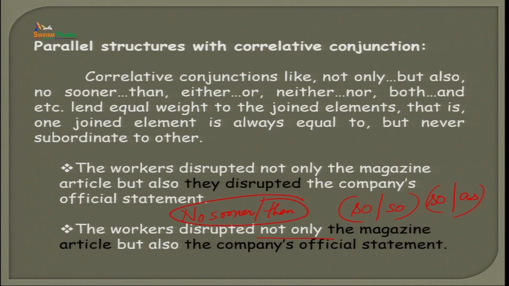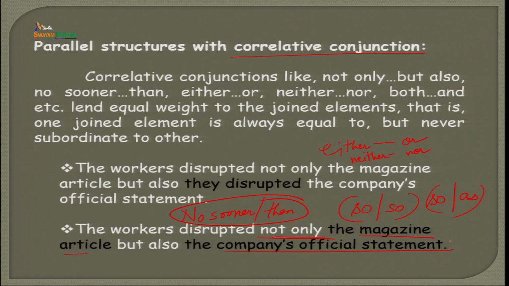So, if we are using either in a sentence, you must use or. If you use neither in a sentence, you must use nor. It is mandatory to form a parallel structure. So, these are correlative conjunctions. As you know this very well, the workers disrupted not only the magazine article but also the company's